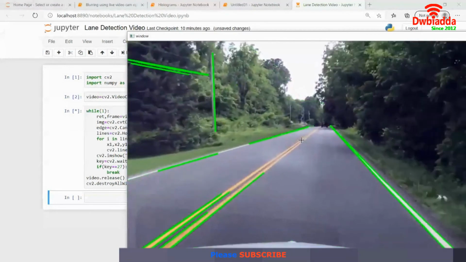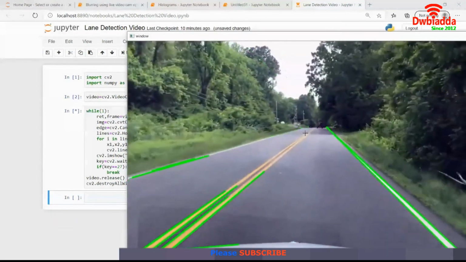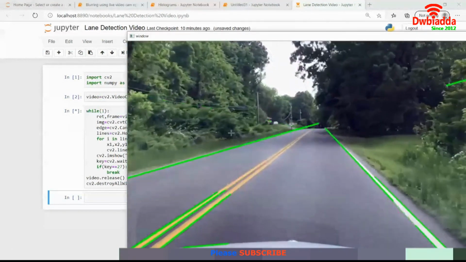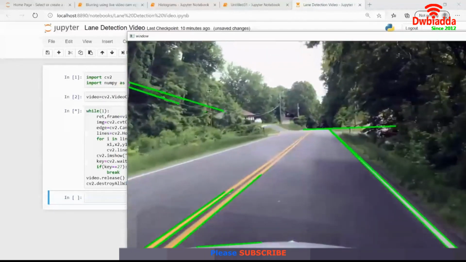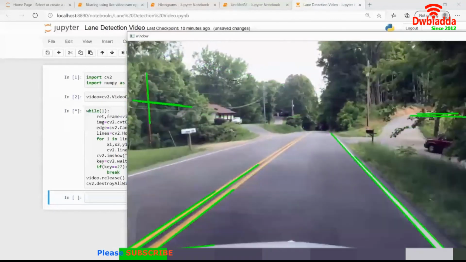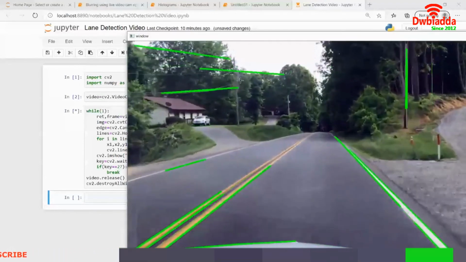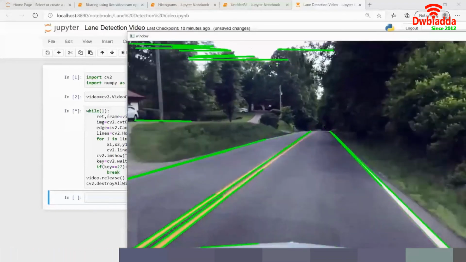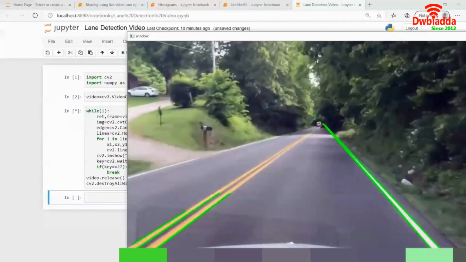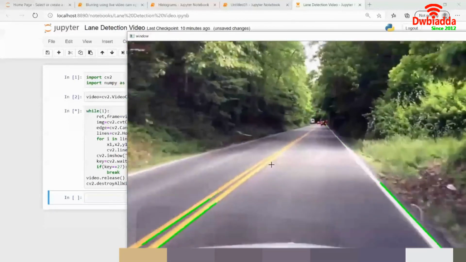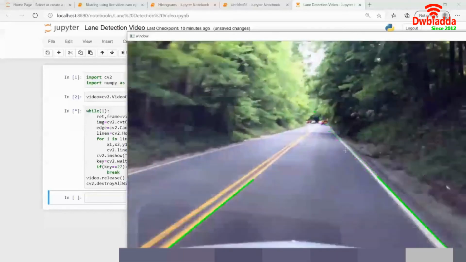It's a lot better than the previous one. These are the lines over here, and that is the reason why it's picking up on these things as well. But as you can see, our lanes are also getting correctly detected.